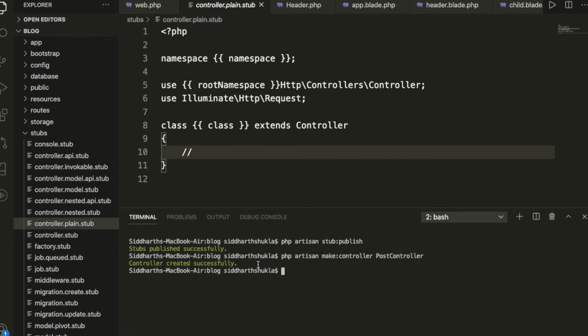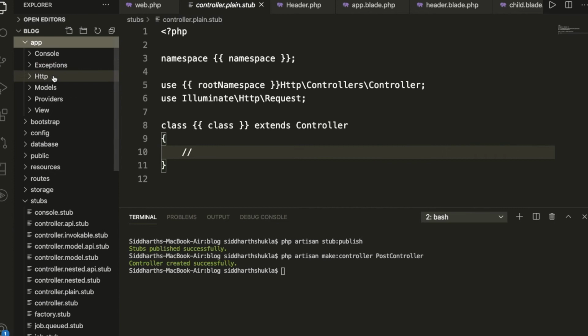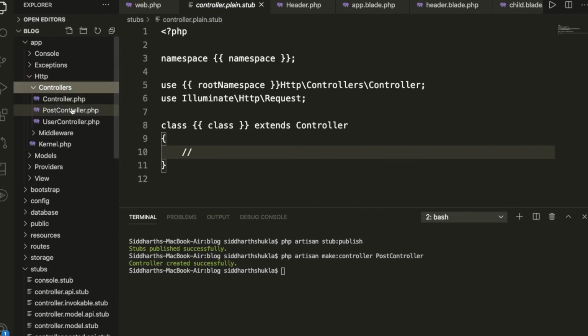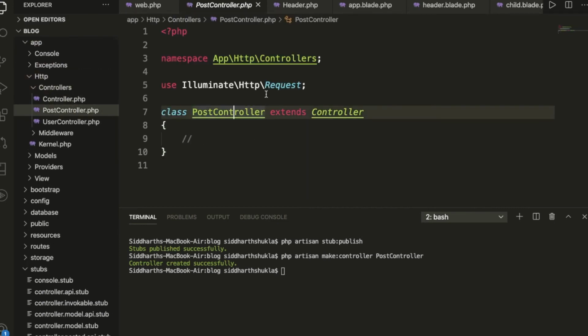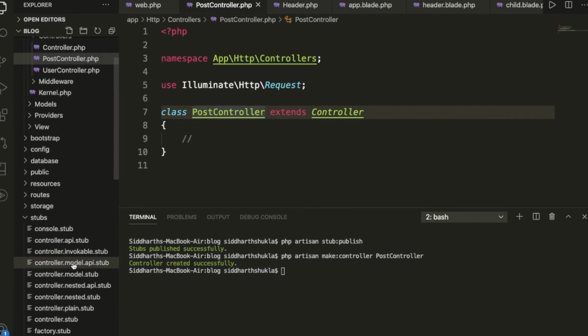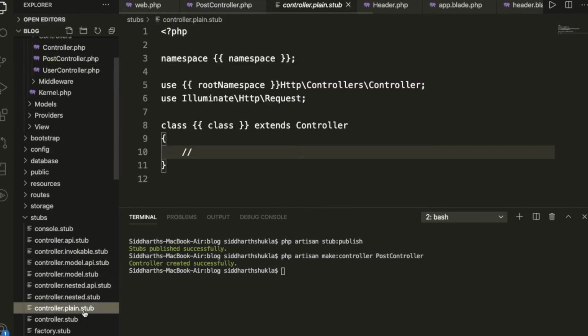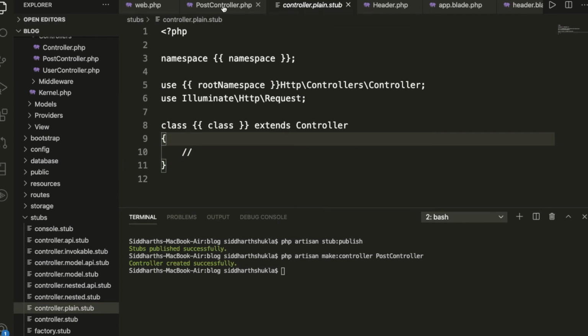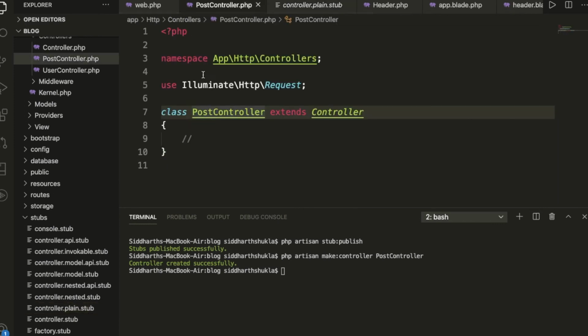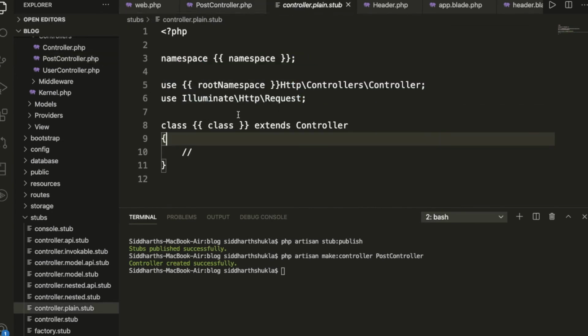Once we have created it, we get the code inside the Http controllers folder, in PostController. This code is basically the same as the plain controller stub. Look, this code is the same. You can check here, it is coming like this.